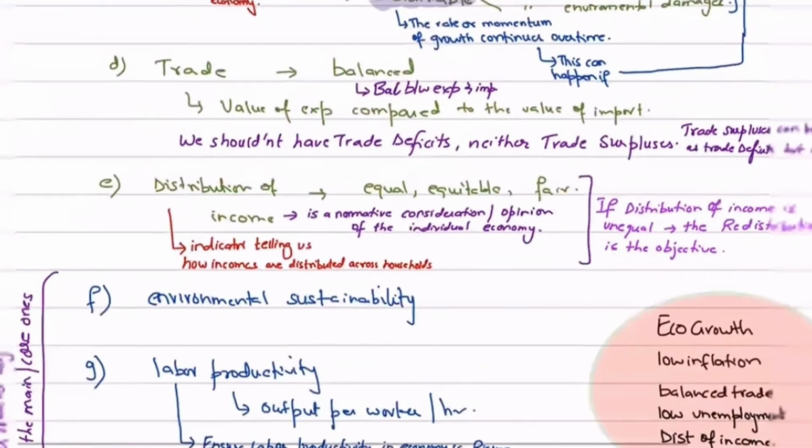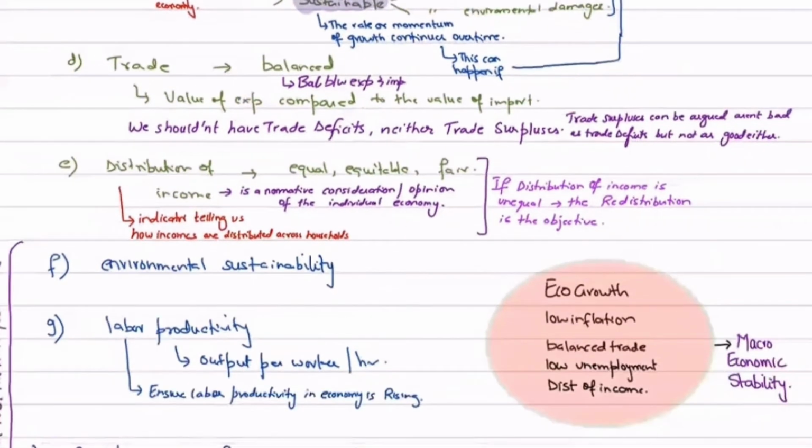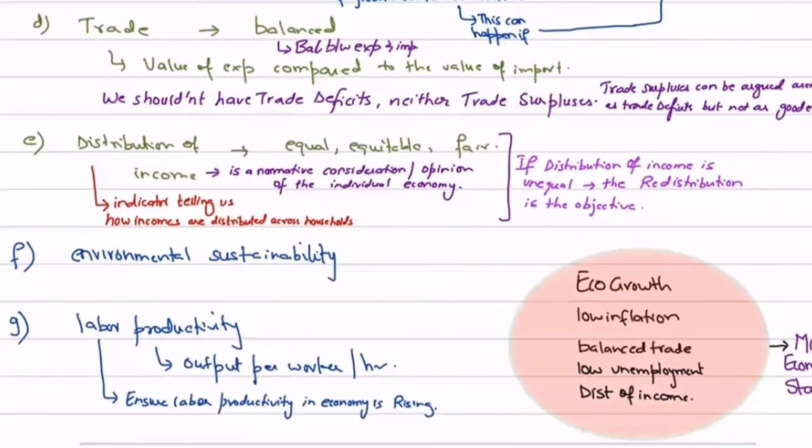So आगे बात चलते हैं डिस्ट्रीब्यूशन ऑफ इनकम. ये दूसरा इंडिकेटर है. अगर मुझे देखना है कि how bad and how well an economy is doing, what will I do? I will look at the distribution of income, कि उस इकोनॉमी में what kind of incomes, how are incomes distributed, whether they are evenly distributed or unfairly distributed, whether the distribution is equitable or inequitable. How bad is the gap between the rich and the poor?